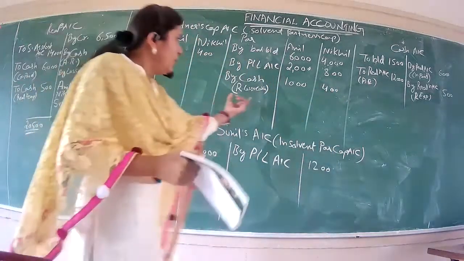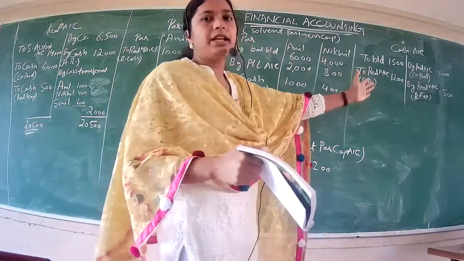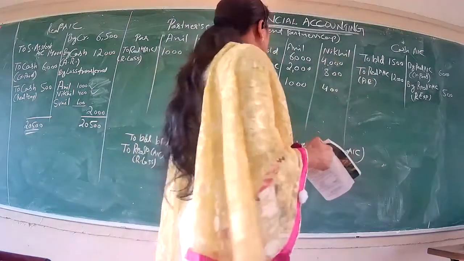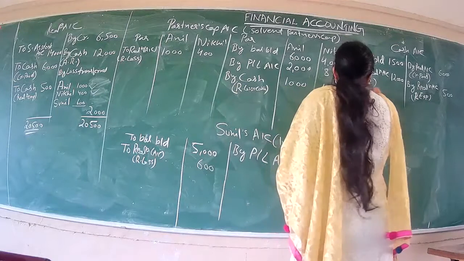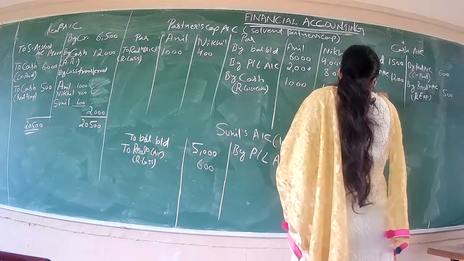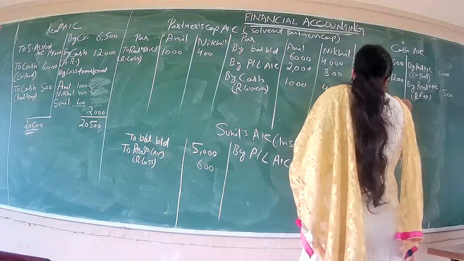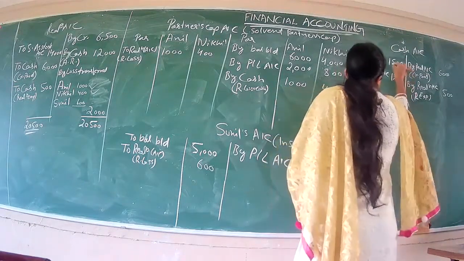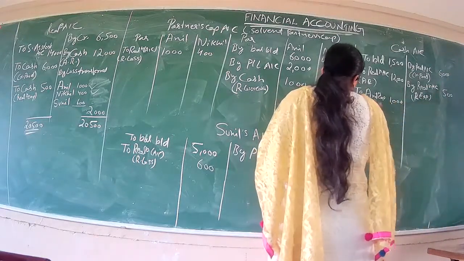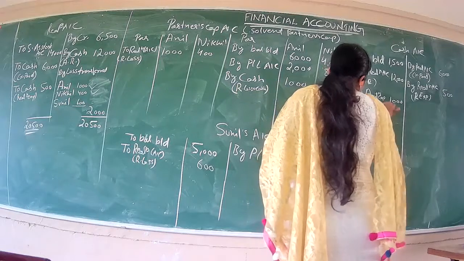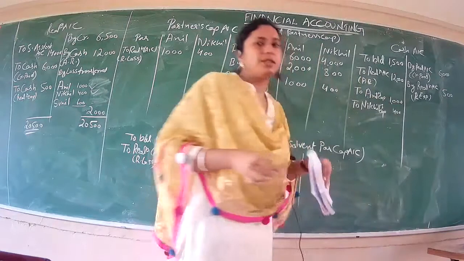Now again, we have done the entry here, cash. Definitely we'll have the counter entry in your cash account also. So we'll do it right now. Otherwise, if we forget, then marks will get cut. Okay, so we'll do here the entry to Anil's capital account. How much entry? 1000. Okay, sorry for this. Then to Nikhil's capital account, and he has 400 rupees for the firm.